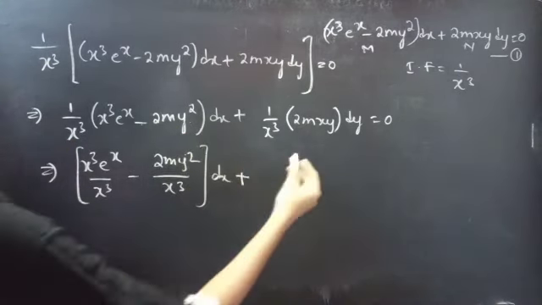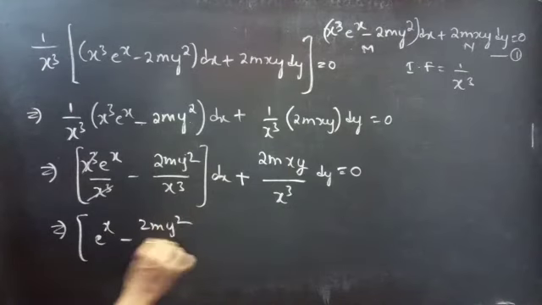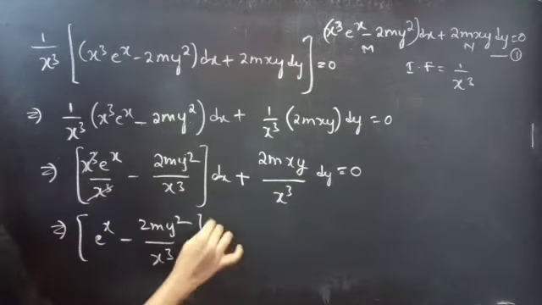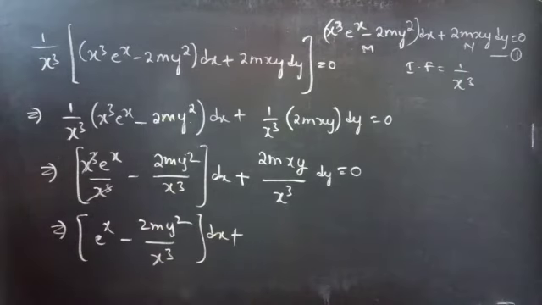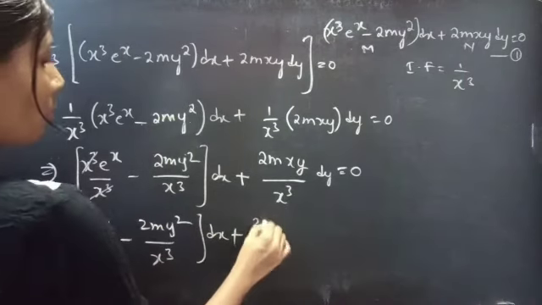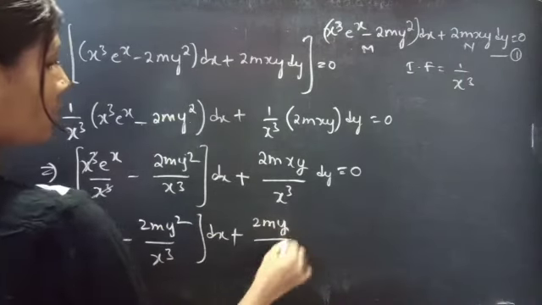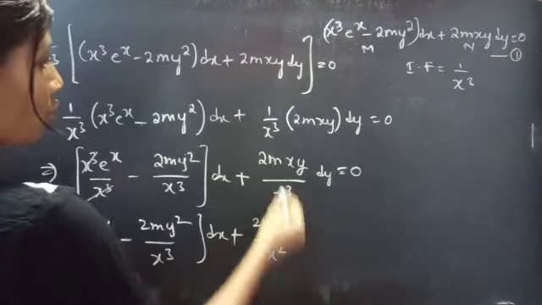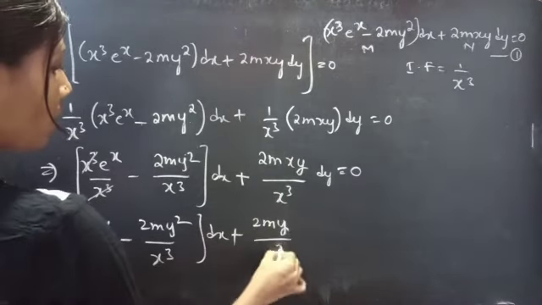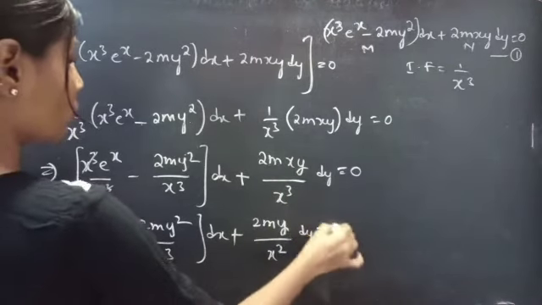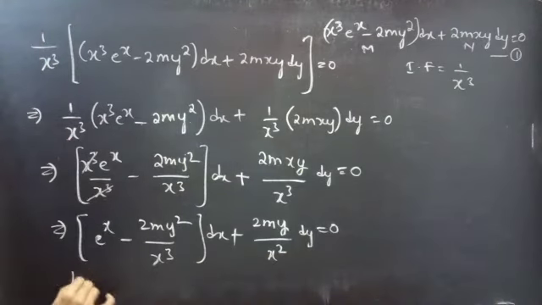Here we don't have any x in the numerator to cancel, but here x gets cancelled. Then the reduced equation is e power x minus 2my square by x cube dx plus, if y gets cancelled, you'll get 2my by x square dy equals 0,